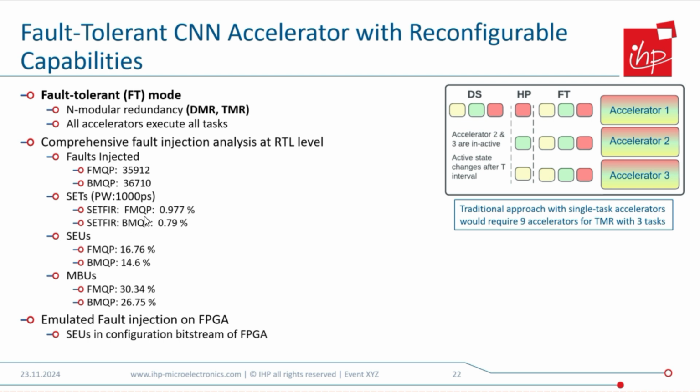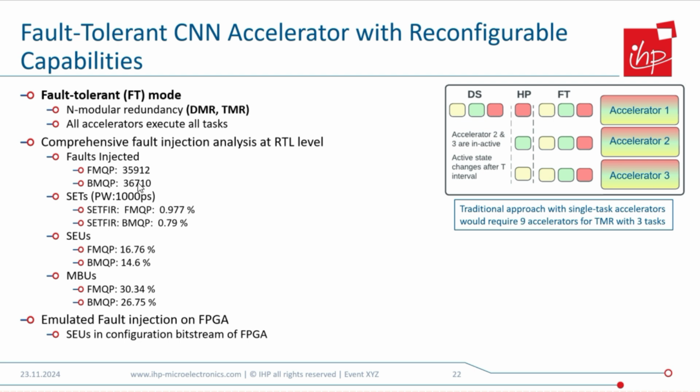So what it is showing here, in case of SETs, in fuse model, 0.977% of the faults propagate to the output, while in case of branch model, 0.79% of the faults led to the output, leading to incorrect results. So this means that branch model is slightly more resilient as compared to fuse model. So single event upset. In case of single event upsets, 16.76% of faults led to incorrect results for fused and 14.6% for branch. And in case of multi-bit upsets, 30.34% of faults led to the output of fuse model and